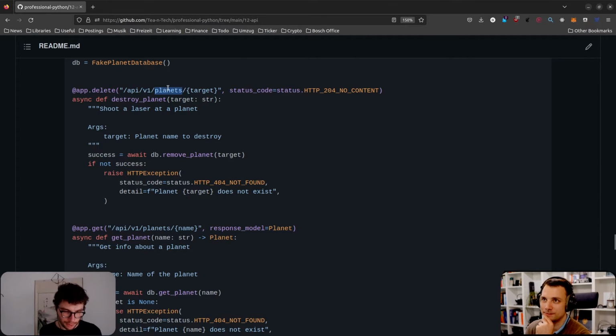Another important thing is, in the path you should always go for resources. Behind this should always be a resource in your database or something. You don't go for abstract things like actions, like pickup. You would not have here a route pickup. You cannot always avoid it, but it's really bad design.